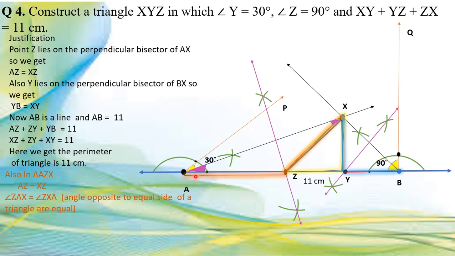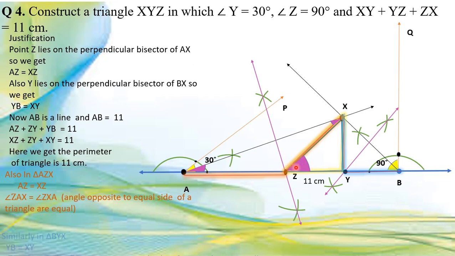And also for triangle XZY, this angle Z is the exterior angle for the triangle AZX. Now here AZX is a triangle and angle Z is the exterior angle. So we can write this exterior angle Z is the sum of this angle A and this angle X. Now this angle we have drawn as half of 30, that is 15 degree. So this 15 plus 15 becomes 30. So this proves angle Z is 30 degree.